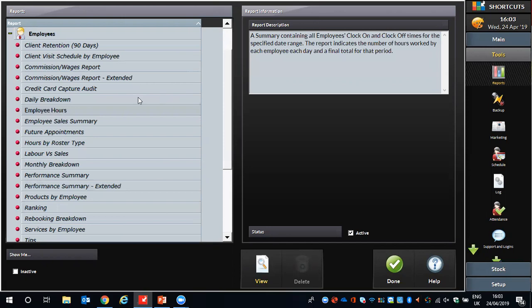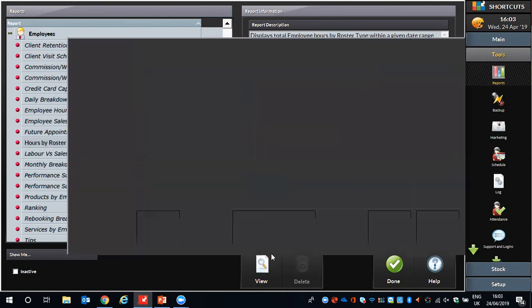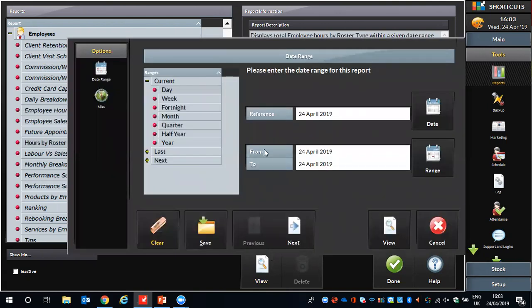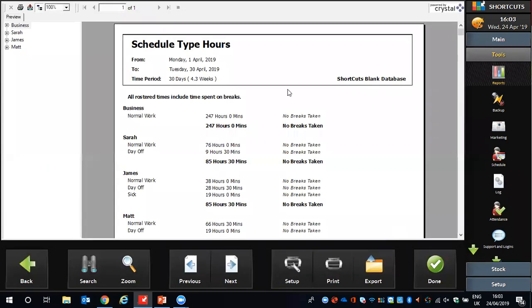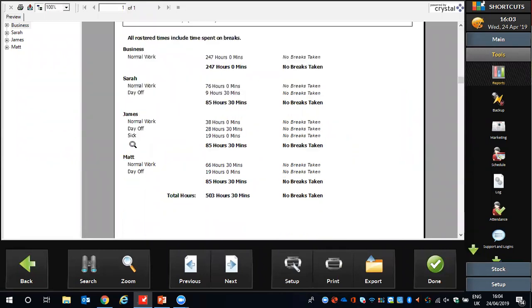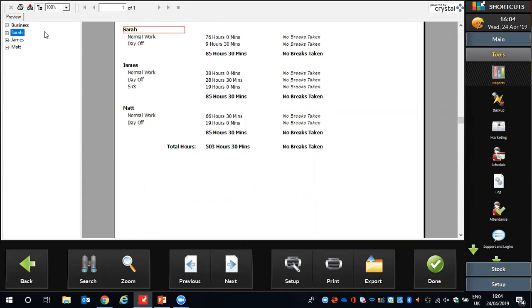Oops, sorry, wrong one. I meant to go on to hours by roster type. So if we click onto hours by roster type, again, we can choose a specific date range. So I'm going to look at the current month. Okay, so on the left-hand side, you can see all of our specific employees. So if we click straight onto Sarah, we can see she has equated 76 hours of normal working time, and